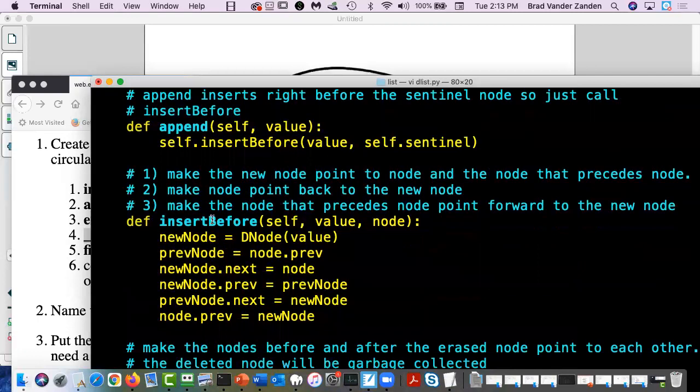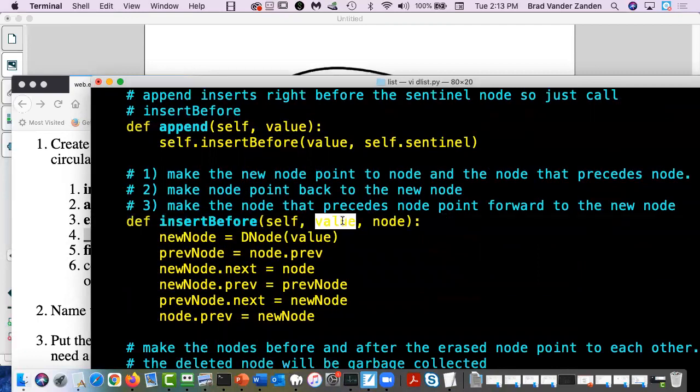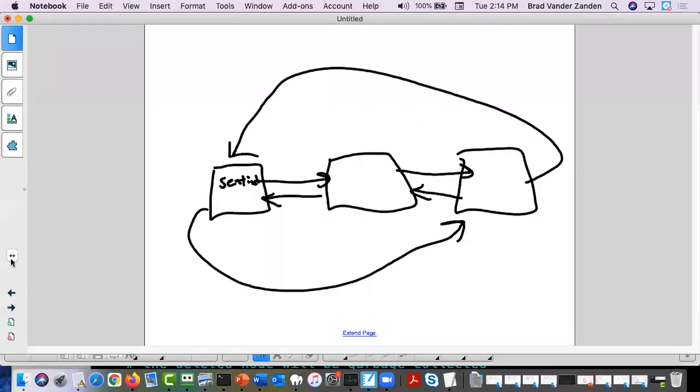So then insert before, I want to insert this value before this node. So I create a new node using this syntax, I call dnode. Then I set, it should be pretty clear what's going on, but in case it's not,